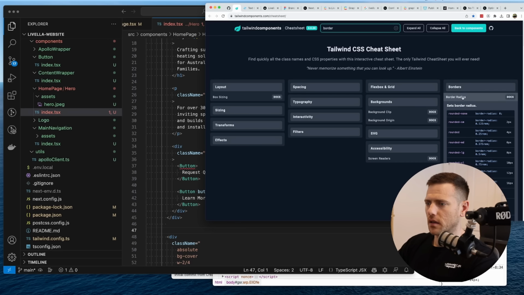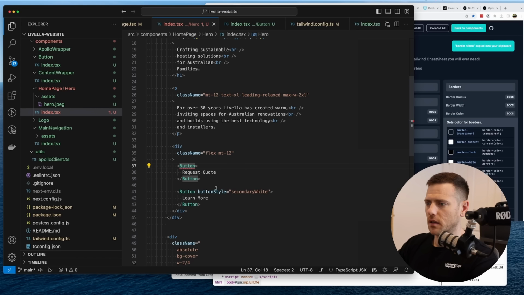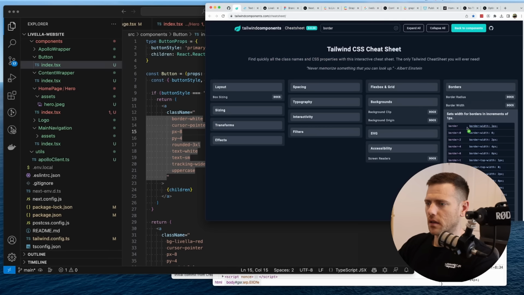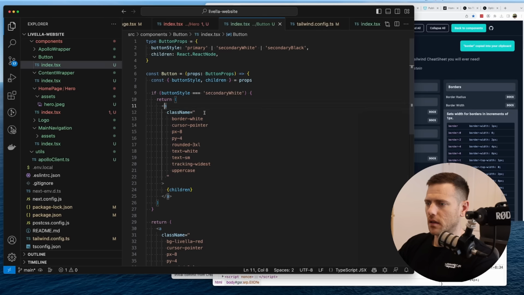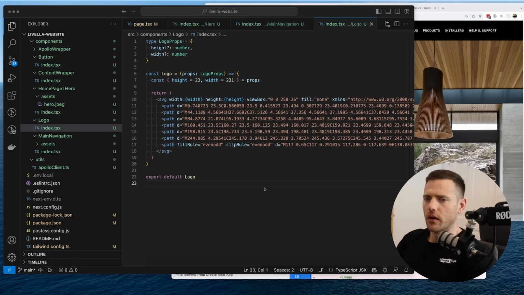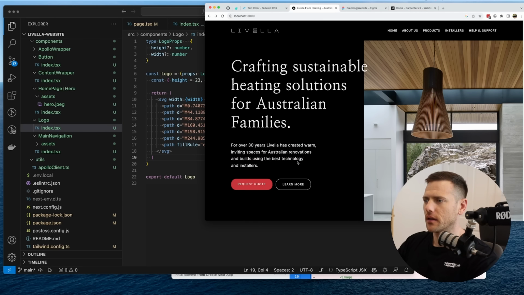Border, where are you? Border color. So border white. That's good. Border width, probably. There we go. Okay, unfortunately we got cut out there, but what happened, all we did was just create this